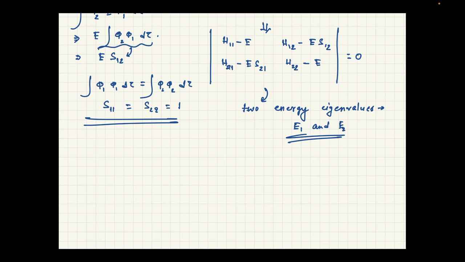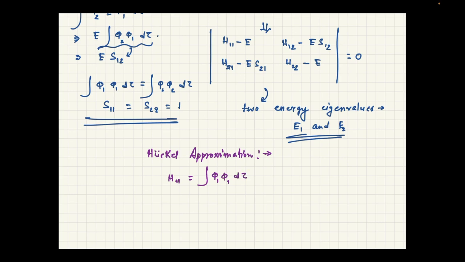So here comes the Huckel approximation. Huckel says, H11, that means the integration of phi 1 times H times phi 1 d tau,